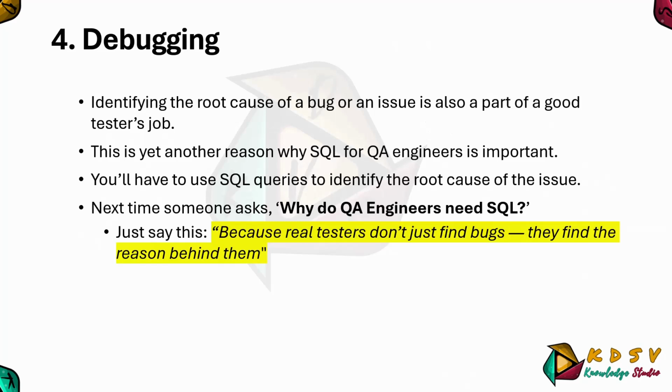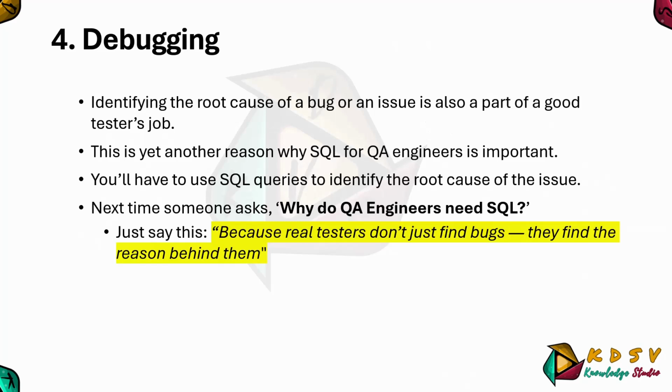Debugging with SQL, it's a QA superpower. Testing is not just about reporting bugs, it is all about solving them, and that's why SQL is a game changer when it comes to debugging. Say your app displays the wrong order total on the screen, your automation test fails. Now it is your job to find out why. This is where SQL comes in and looks behind the scenes and traces the issues all the way to the